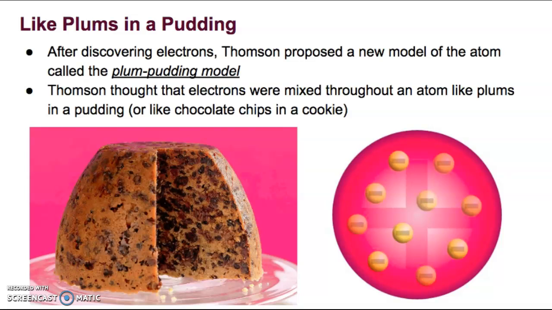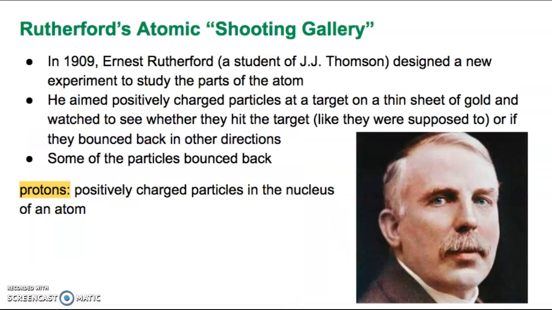I prefer to think of this in terms of chocolate chip cookies. So instead of saying that the electrons were mixed through the atom like plums in a pudding, we might say that Thomson thought that the electrons were mixed together like chocolate chips inside a chocolate chip cookie, so scattered all the way through. In 1909, so we're fast forwarding again a healthy number of years, Ernest Rutherford, who studied under J.J. Thomson